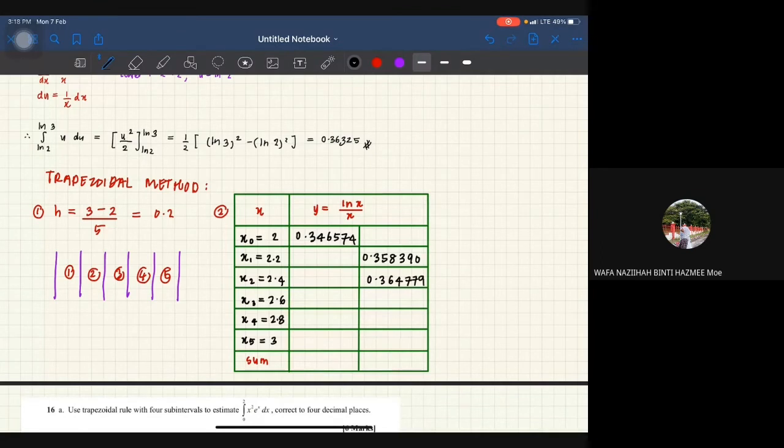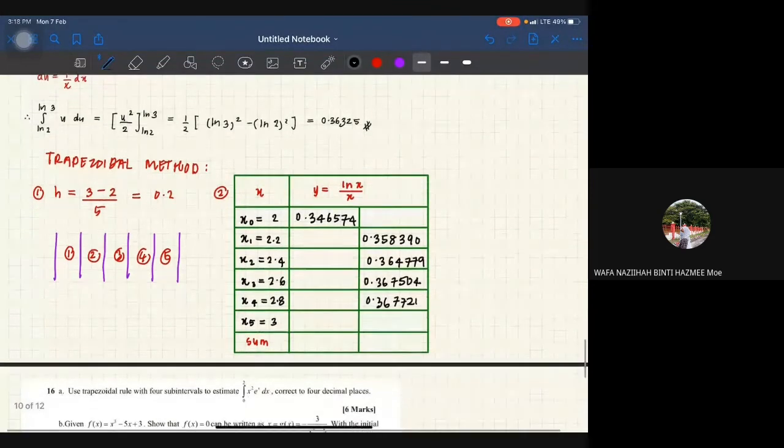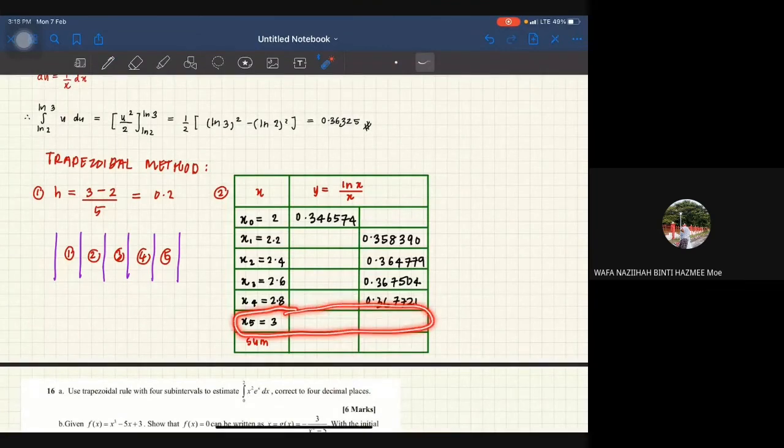Okay, and then for x3 your y3 is 0.3675504 and then 0.36771. Okay, so untuk yang this one, untuk nilai x5, so kita akan letakkan dekat sini. Okay, so you get